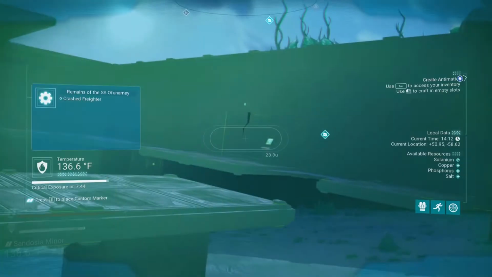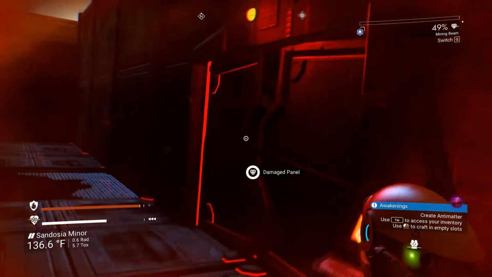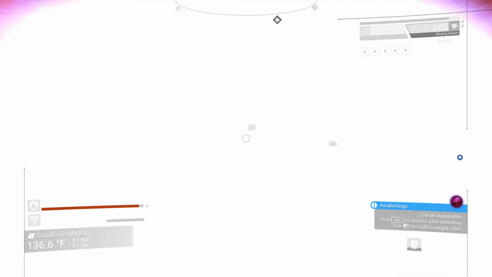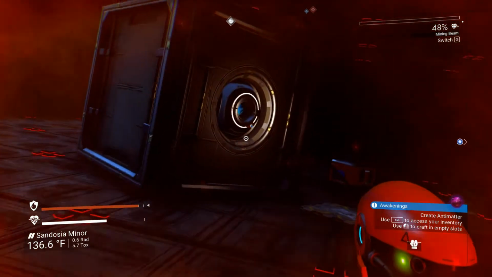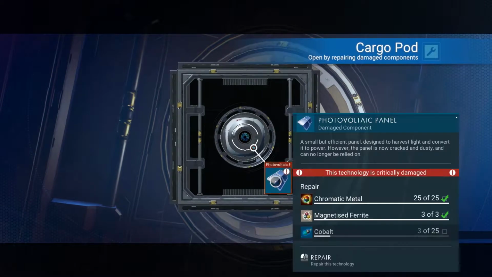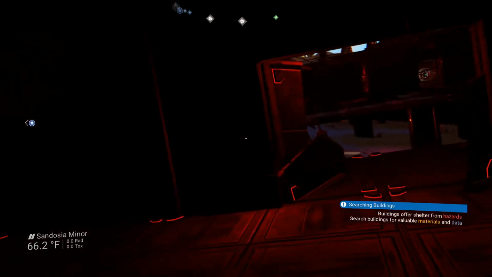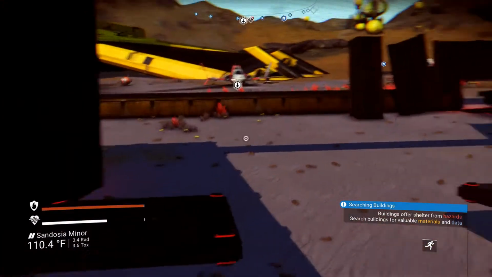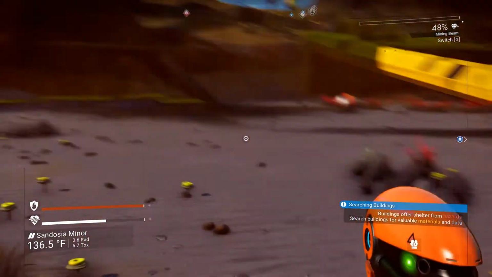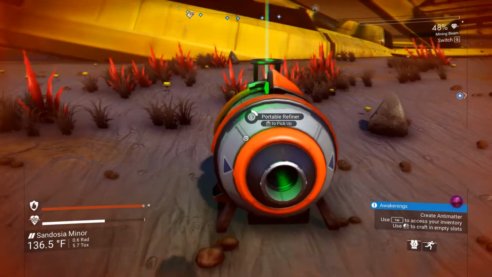The other, let's try popping into this one and see what we have in here. Ah, we need more cobalt. Okay, so I will get to demonstrate here for you, ladies and gentlemen, the use of the refiner and the tetracobalt. So if you go into your refiner,